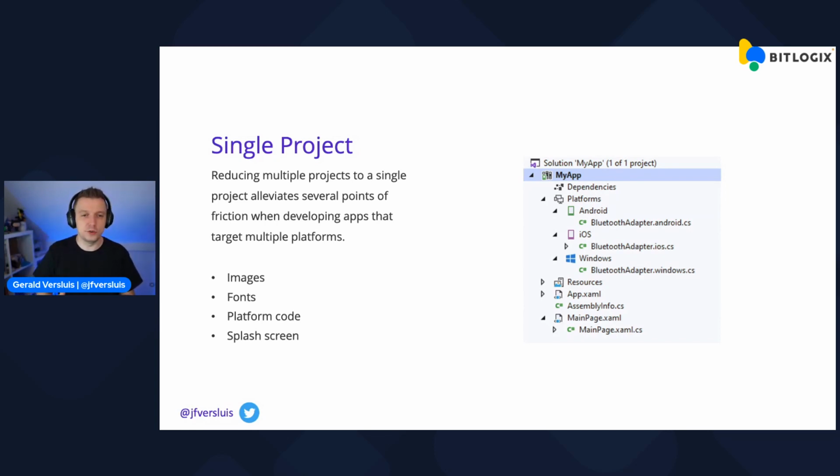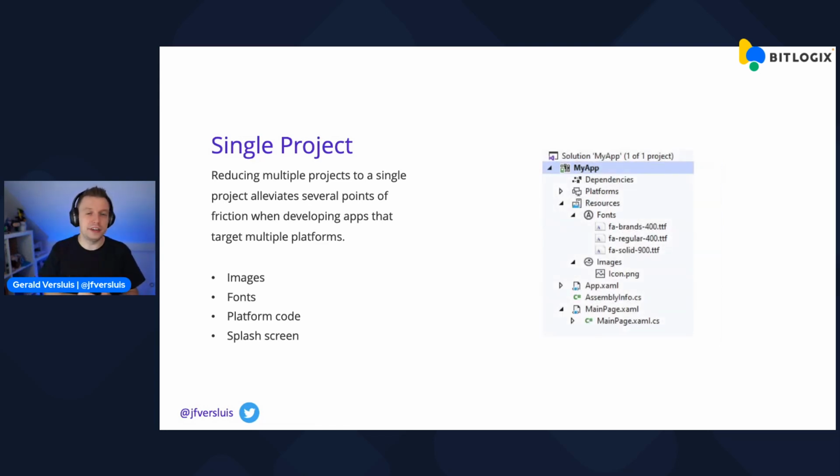So in those platforms, you can write, here it is shown with a Bluetooth adapter for Android, iOS, Windows, but everything outside of that platforms folder is shared, including the resources. So you can now very easily add that font, which is something that you had to do per platform. So you would duplicate those fonts, which is a pain because, if you update it in one and not the other, then suddenly it looks all bad on one platform, right? And the same with images. You can now plug that image in the resources here, preferably that SVG that I mentioned earlier, because that scales,